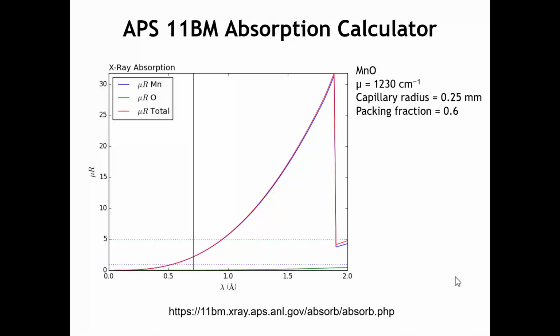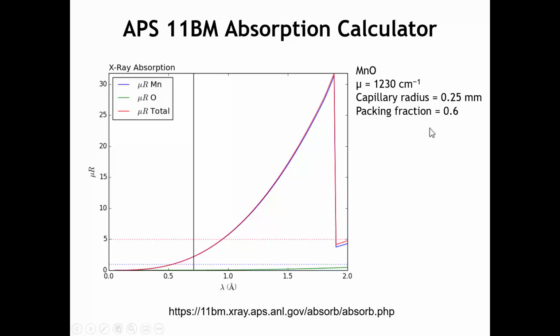Now, one useful source that I found on the web in preparing this lecture is one from the Advanced Photon Source, the powder diffraction beamline there, 11BM. They have an absorption calculator. You can find it at this URL. And what you do is you type in the empirical formula of the compound that you want to look at, and you tell it the radius of your capillary and the packing fraction of the sample in the capillary. So if I do manganese oxide, and I assume I'm going to get about a 60% packing fraction,